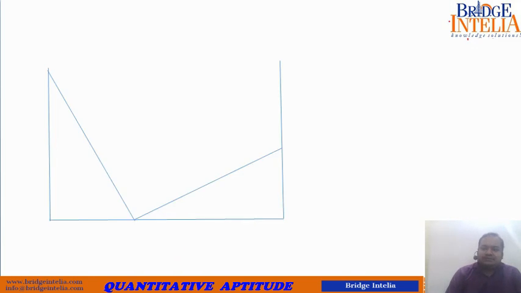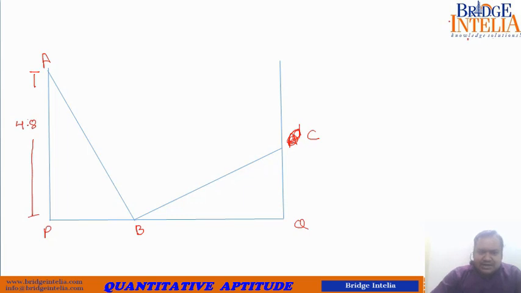So dear students, let us understand the scenario with the help of this diagram. The wall was switched. So if this is A, this is A dash, or better still I can call it C. Let this be P, this be Q. In the first case, the height that the ladder attained was 4.8 units, and the length of the ladder was 5 units. In the second case, the height that the ladder attained was 1.4. Based on this given information, we have to calculate the breadth of the room.